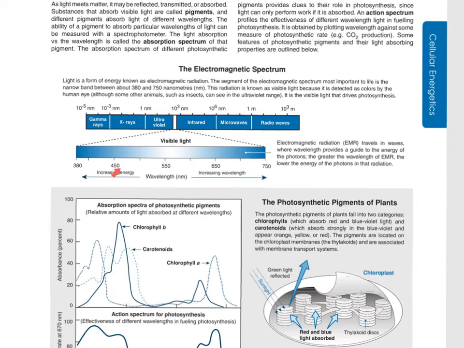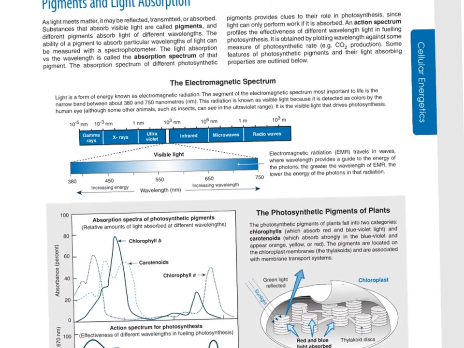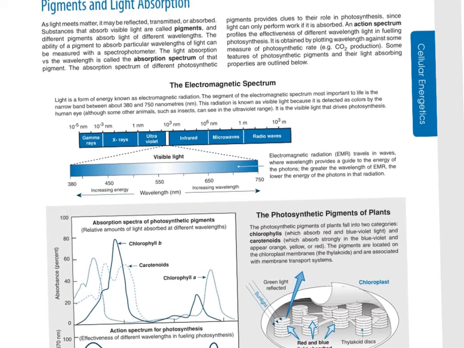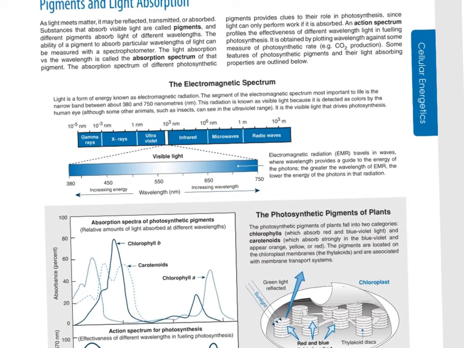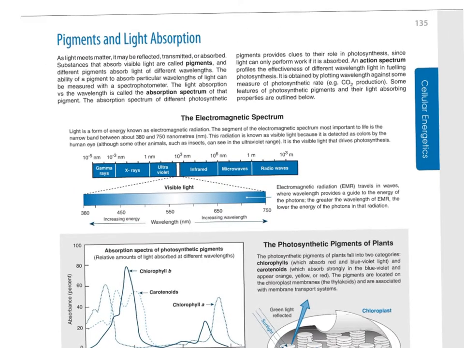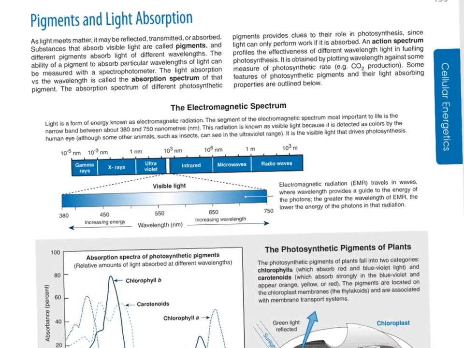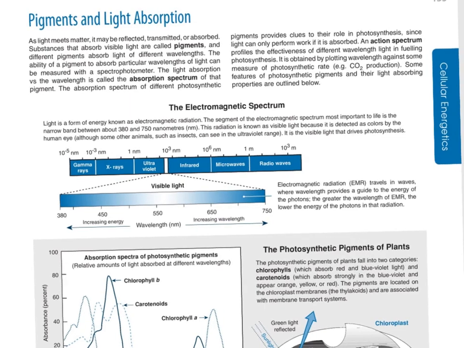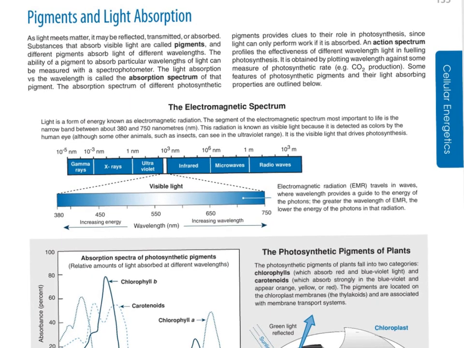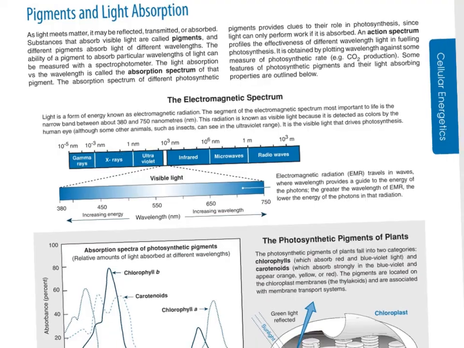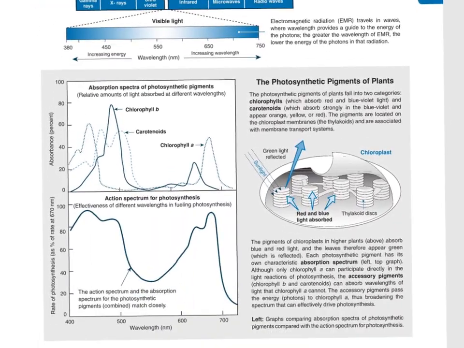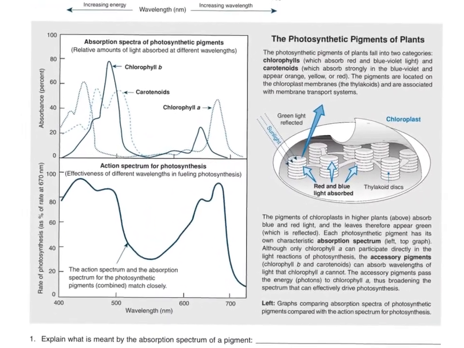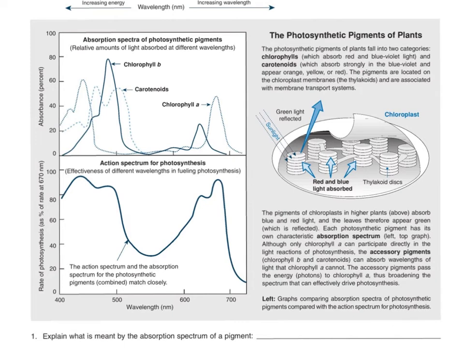You don't have to know the wavelength. I don't expect you to memorize that. That's ridiculous. It's not physics. If this was a physics class, I'd expect you to know at what nanometers you see light. That's fair. But this is a biology class. So this is the absorption spectrum. There's something called an action spectrum for photosynthesis, and of course we have pigments. That's all background information. This is the money shot right here, okay?